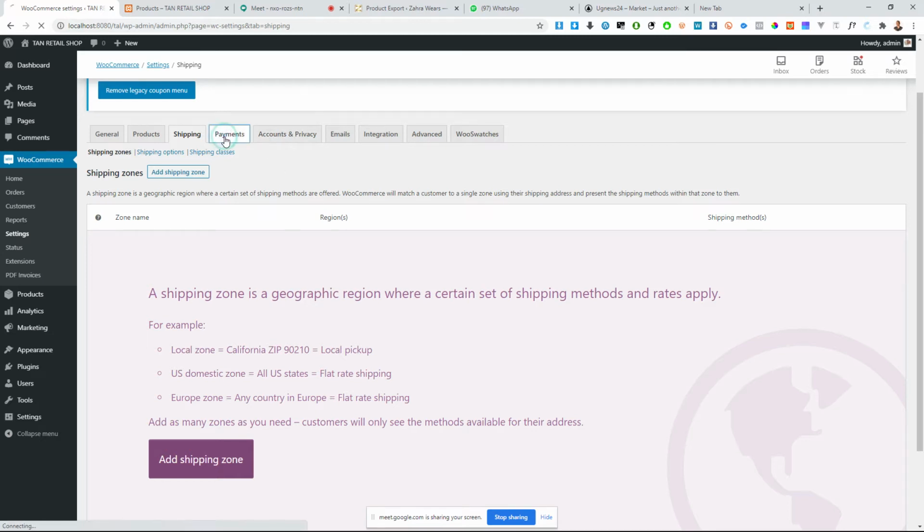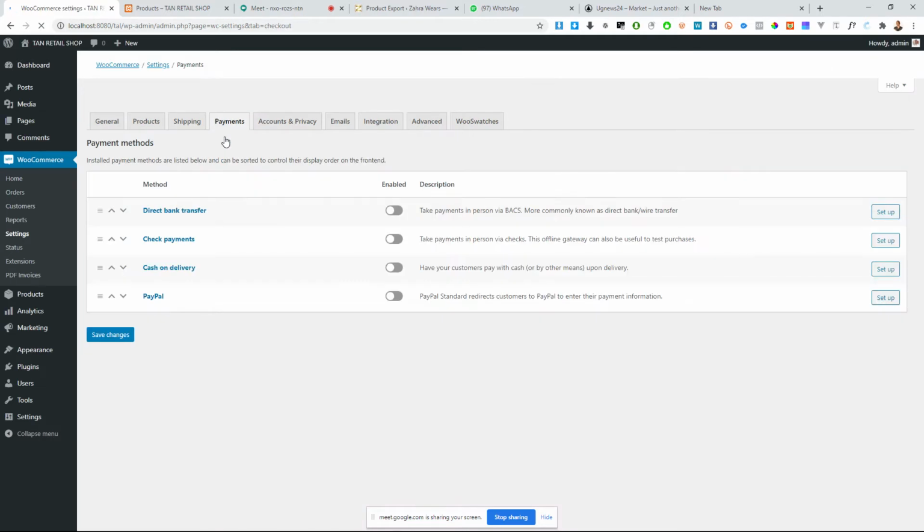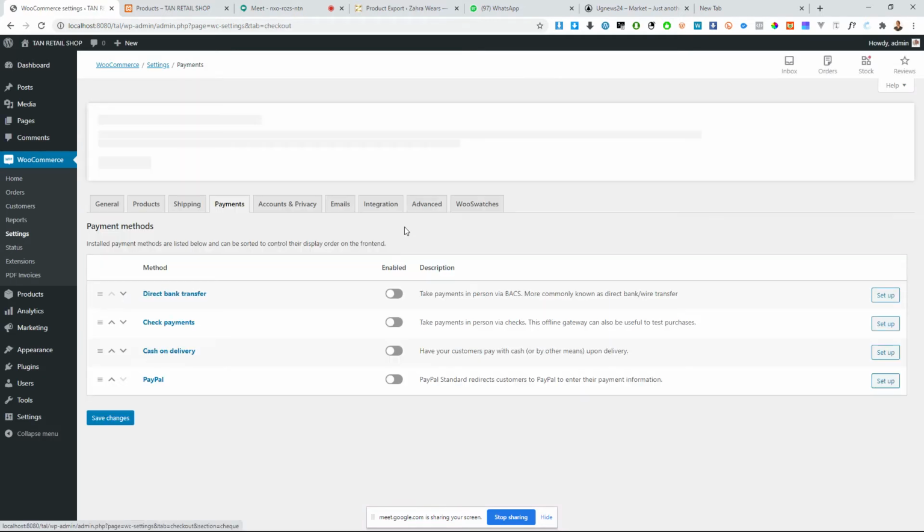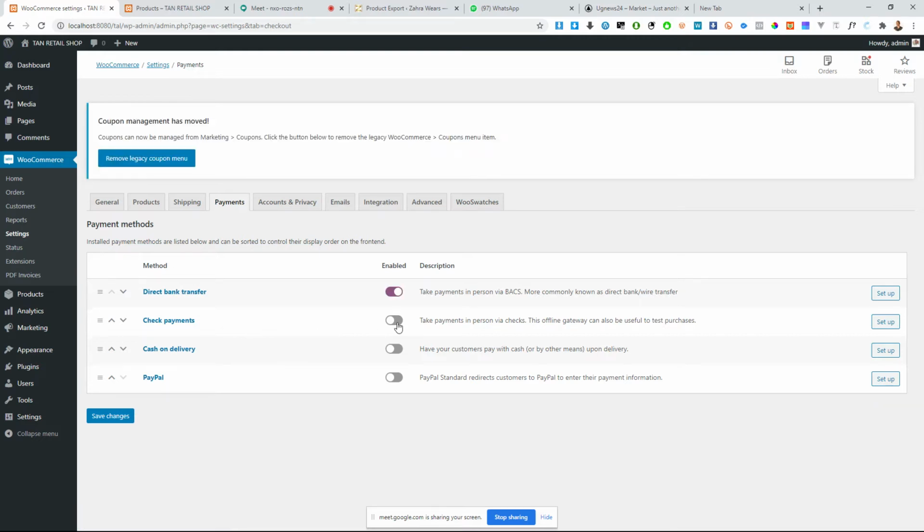I have the payment system, so you can also add payment methods, whether direct bank transfer, pay with check, or cash on delivery. You can set these here. And if you want to set more, for example about the bank, you simply click here,